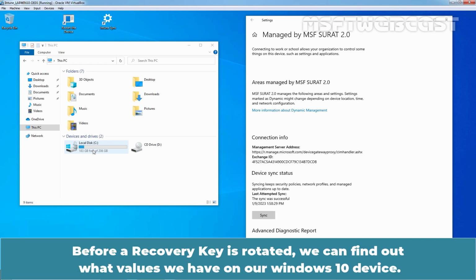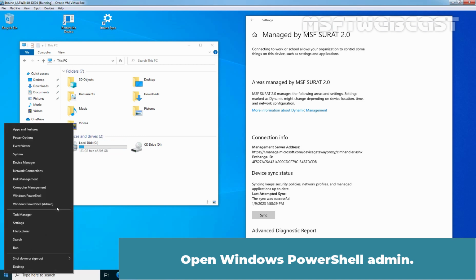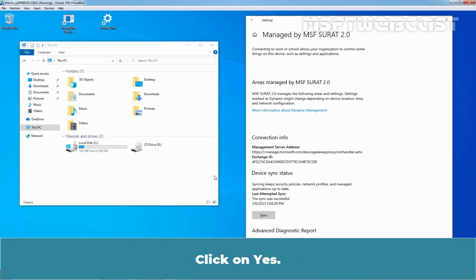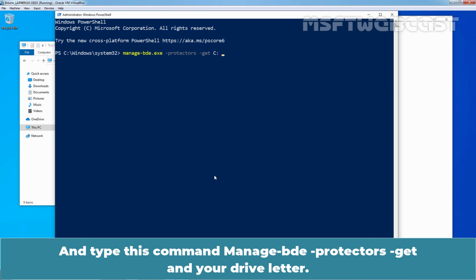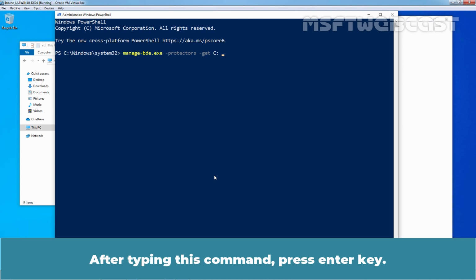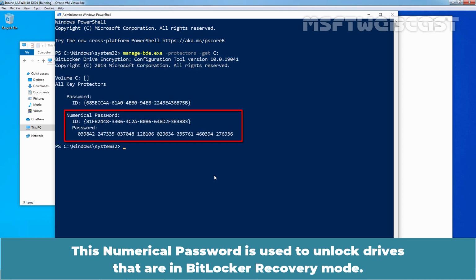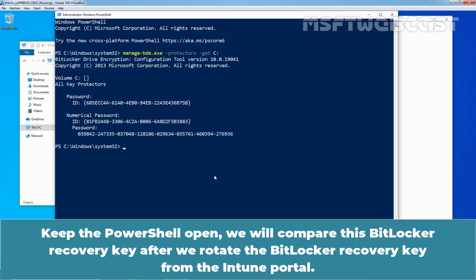Before a recovery key is rotated, we can find out what values we have on our Windows 10 device. Open Windows PowerShell as admin, click on Yes, and type this command: manage-bde -protectors -get and your drive letter. After typing this command, press the Enter key. This numerical password is used to unlock drives that are in BitLocker recovery mode. Keep the PowerShell open. We will compare this BitLocker recovery key after we rotate the BitLocker recovery key from the